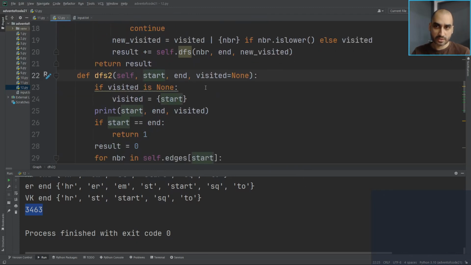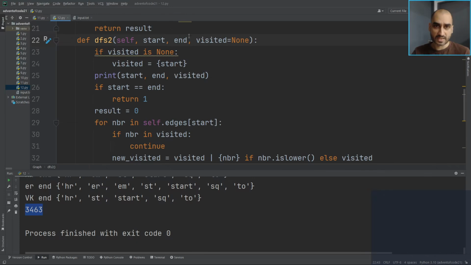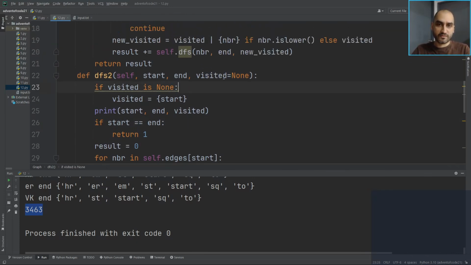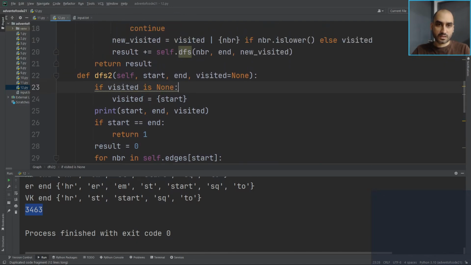But we could memoize because we might revisit paths multiple times with the same visited set. If it takes too long to compute, then we can memoize, but for now it seems to be fine. So if visited is none, then so